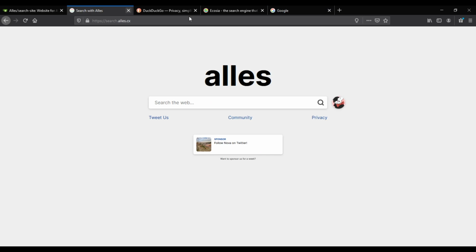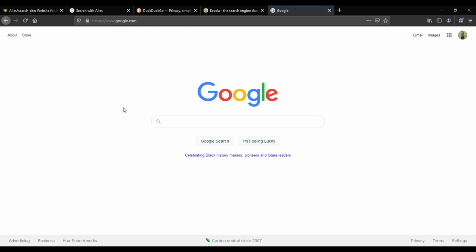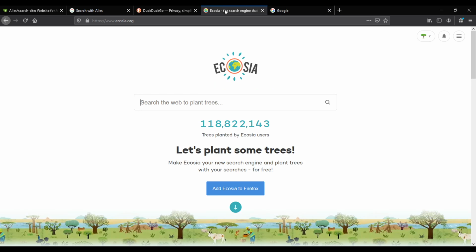If we compare them side by side, which I can't currently do because I don't want to mess with OBS, but basically you get a Google Doodle icon, the search, Google search, I'm feeling lucky, and some information: carbon neutral since 2007, privacy, terms, settings, how search works, business, advertising, a couple of login icons, about, store. Okay, that's fine, whatever. It's not extensively complex,